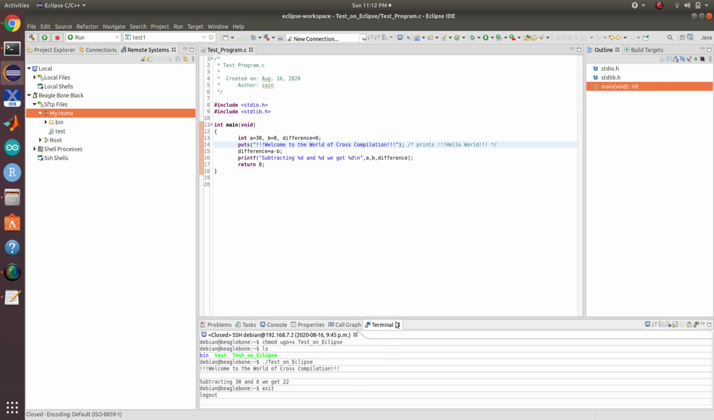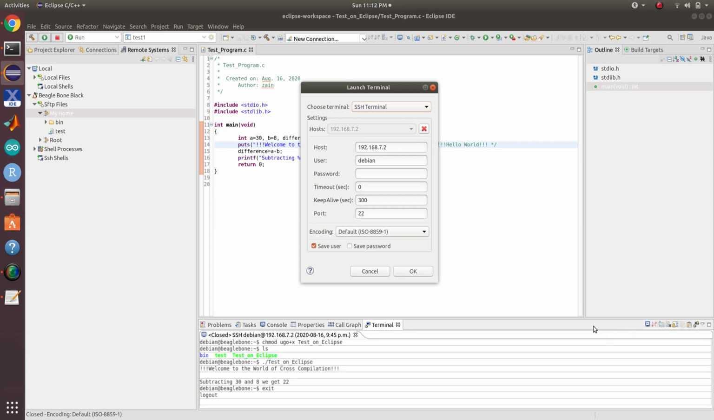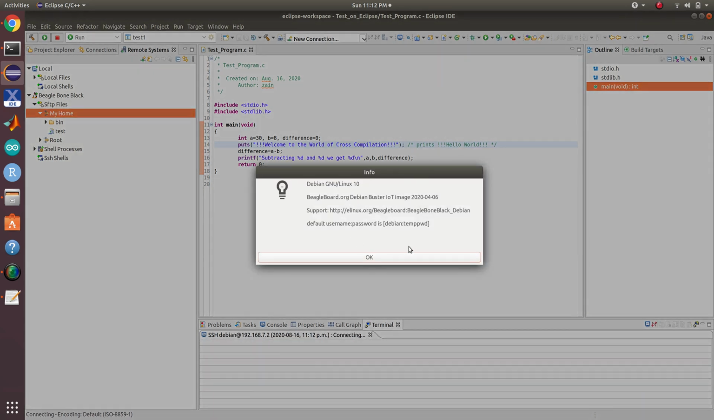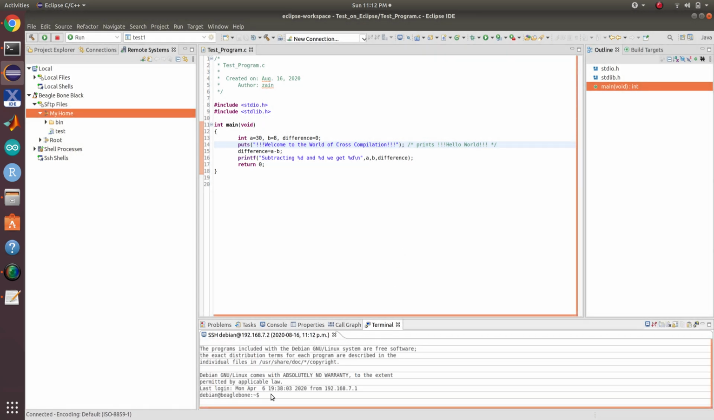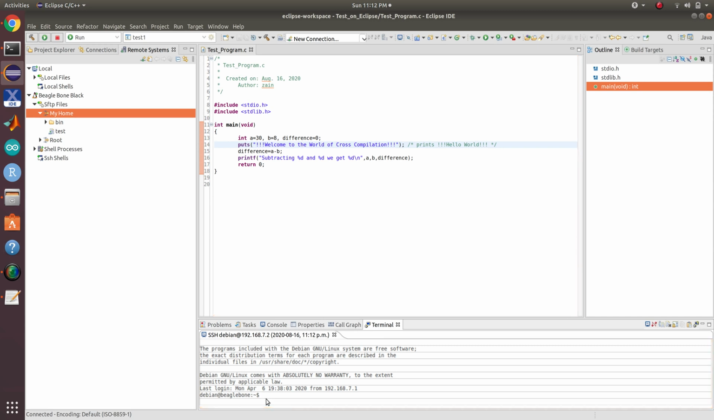To do that, I go to the terminal and I say set up, open a terminal, and open the terminal of the host ID and the user Debian, and again give the password as tmppwd. And you see that again it's the same warning. Just press OK and you see that I have logged into the terminal of the BeagleBone. The next step, as I told you, is to create a directory. We create the directory using the mkdir command, and you can just say cross_compiler,